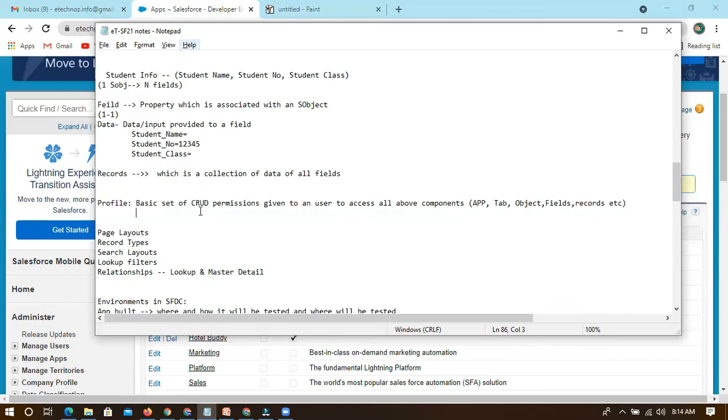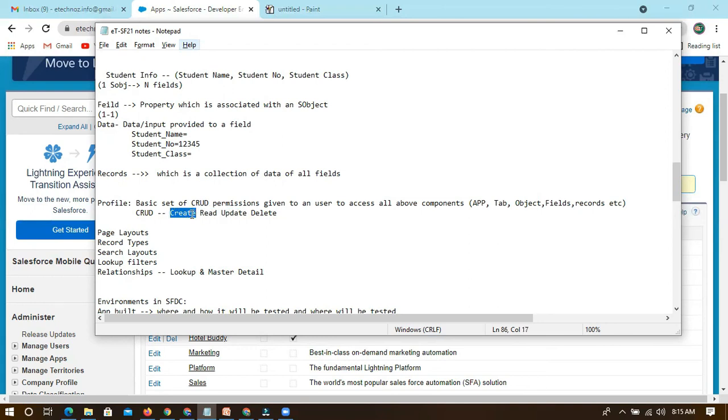But did you get what this CRUD is? I said CRUD, but I haven't mentioned what it is. CRUD, in the simplest form, is create, read, update, delete. All these permissions which will be given to a user depend on this profile level access. If they have access only to certain applications, they can only see those applications. If they have access to specific tabs, they can only see those tabs. They can't see other tabs or other objects. We got it, I guess. So we will be controlling all these.